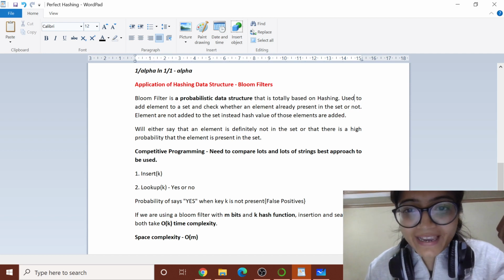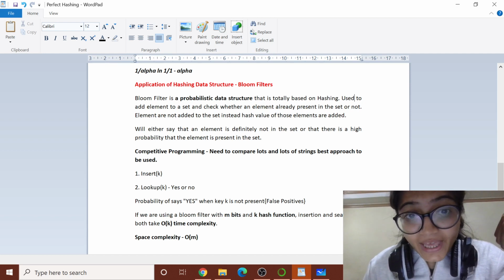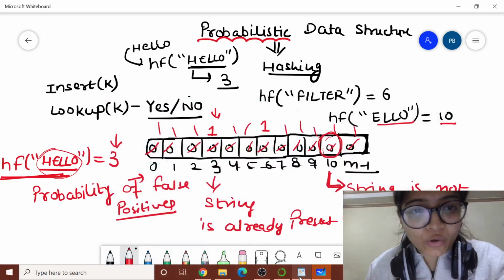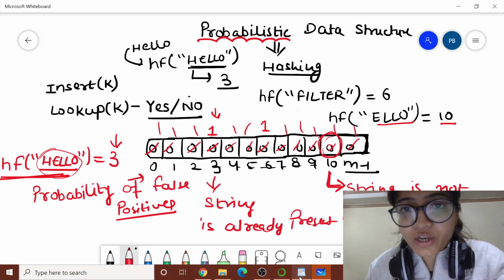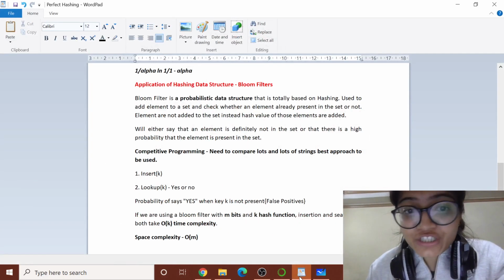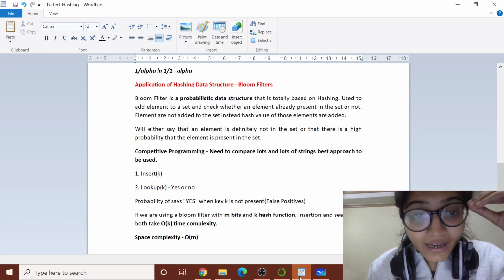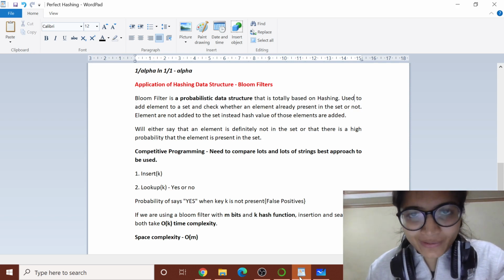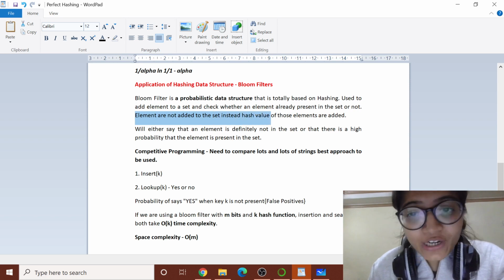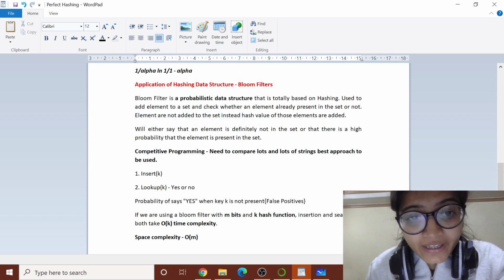I hope now this line is clear to everyone. Here actually the elements are not added. I haven't added hello or filter or allo. So I haven't added these strings. I have added the hash function of that particular string, I have got the hash value of that particular string. So basically elements are not added to the set, instead hash value of those elements are added, and it will